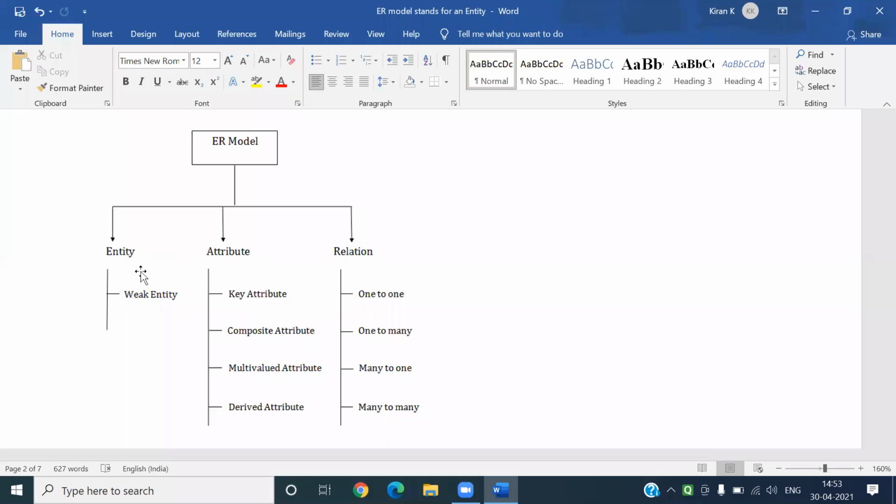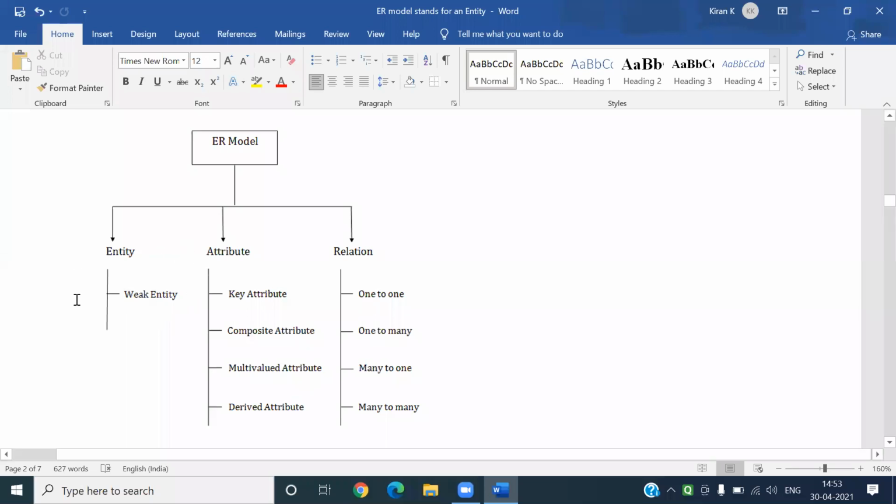What do you mean by relation? In the ER model, the relations among two or between two entities or three entities, all these things we talk about. So this is called relation.